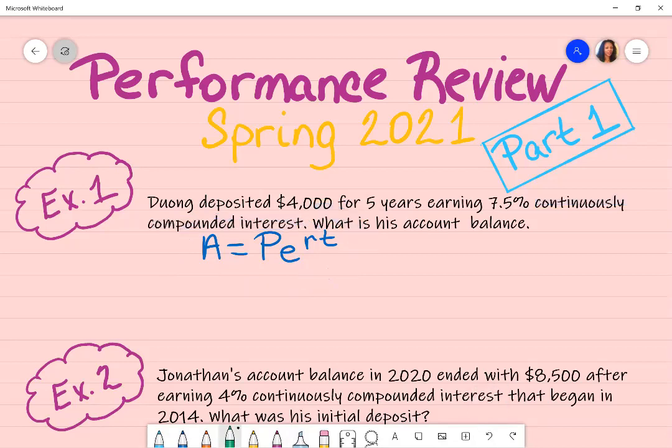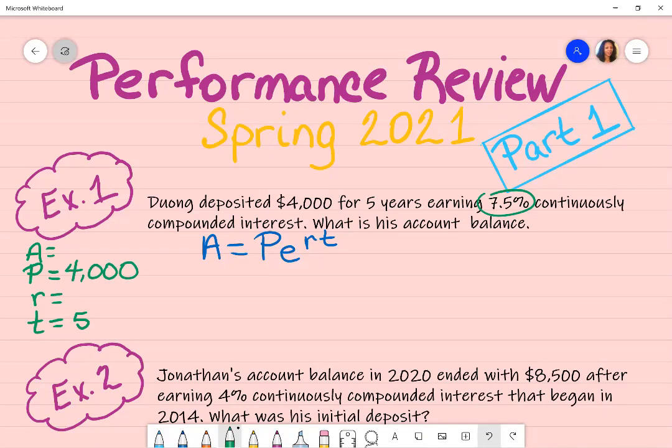Now, I personally, on the side, like to always list my variables that are shown in my formula. So E is not a variable. It actually has a number assigned to it, just like pi. Once I'm reading this, I want to break it apart. What jumps out to me is 5 years. So I know that represents time, so I'm going to put 5 here. You deposited $4,000. In previous videos, I explained that your initial deposit or initial amount is your P. So I know that he deposited $4,000, and we already did the 5 years, earning